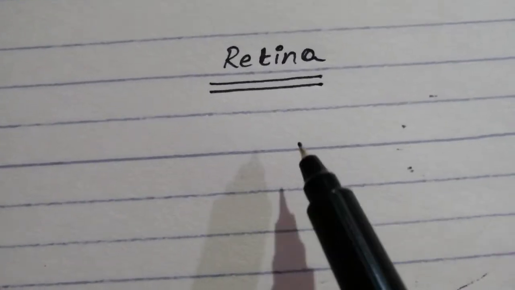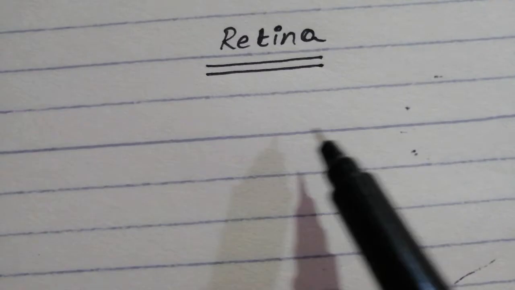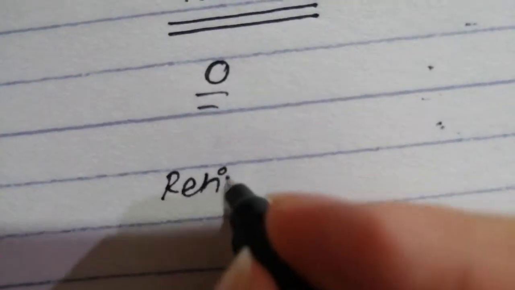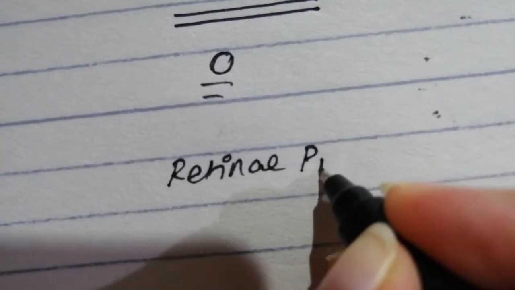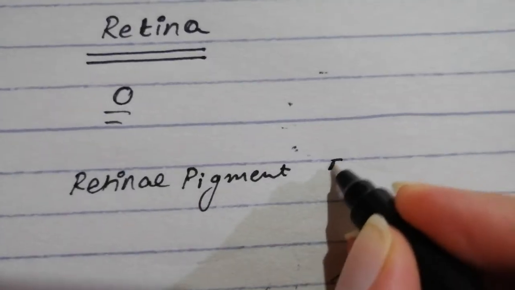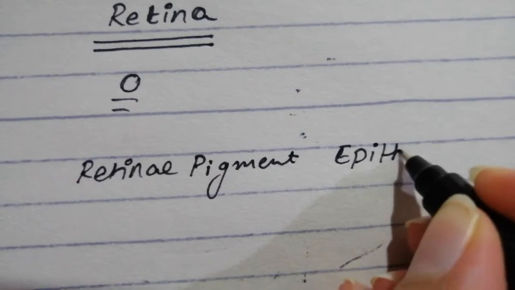Talking about the retina, there's the pigmented layer and then there's the neural retina. So there are two distinct things, and we're going from outside to inside again. So we start with the retinal pigment, starting with the retinal pigment epithelium,